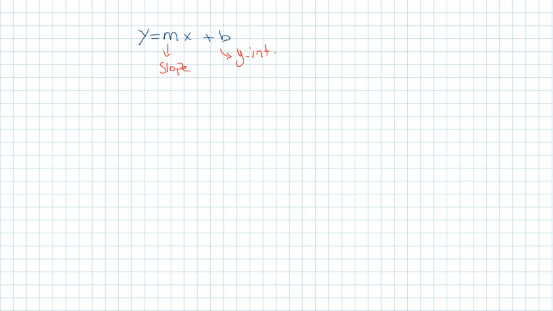So this is called the slope y-intercept form. The other form that we have for a linear equation is the standard form, which is ay plus bx plus c, where everything is on one side and the equation is equal to 0. This is called the standard form. It's not very useful,